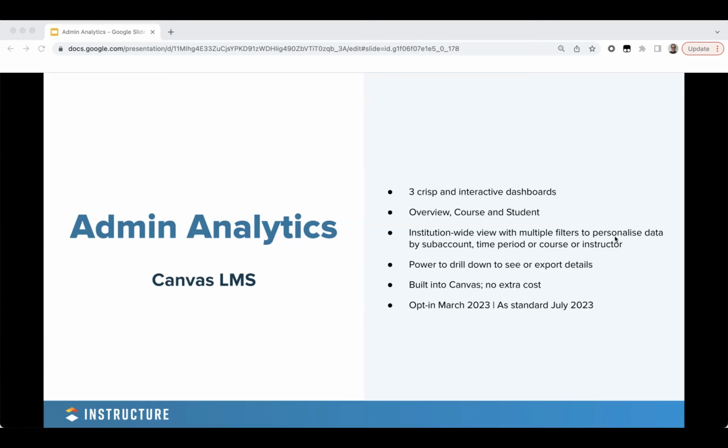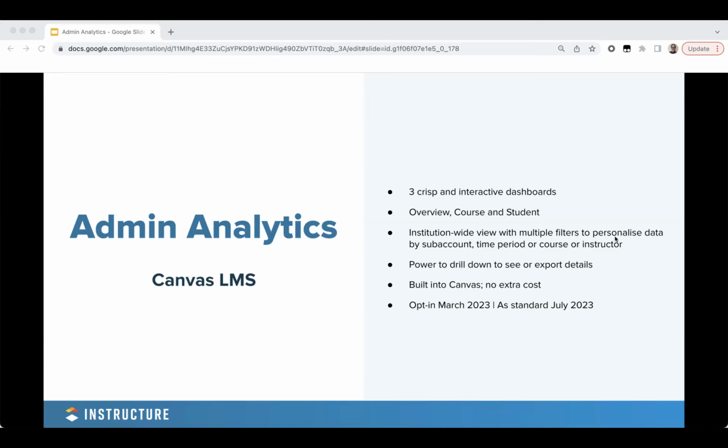essentially how Canvas is being used at your school or your institution, and how that then helps inform all the different decisions that you need to make day to day, whether that's in course design or supporting student engagement or people that are maybe falling behind, or just generally return on investment and how Canvas is actually being adopted across the school or schools, and different initiatives that might be required in terms of improving teacher engagement or training, illuminating some of those areas that might need to be a focus to improve Canvas at your school.